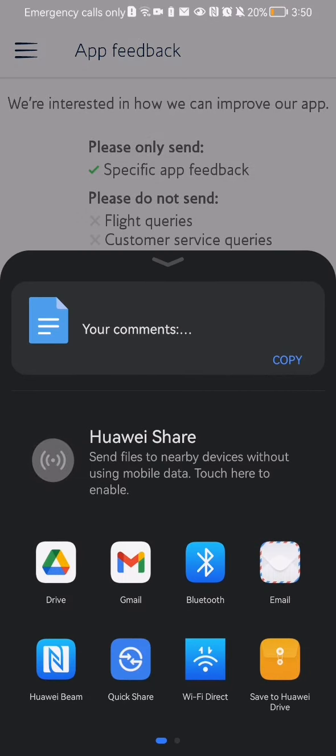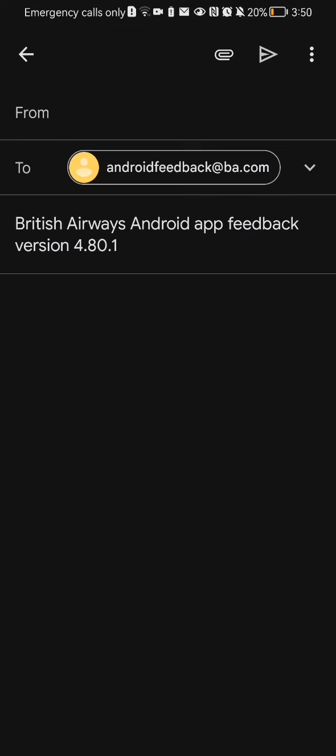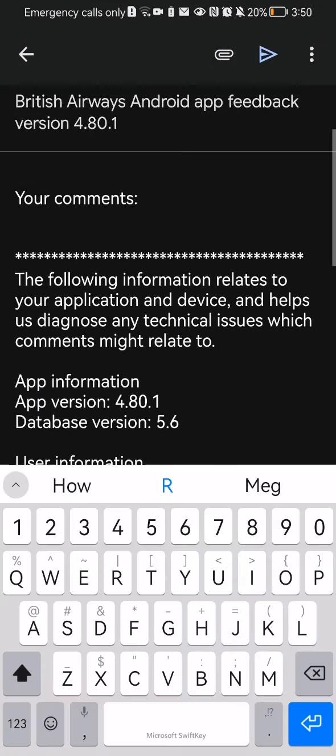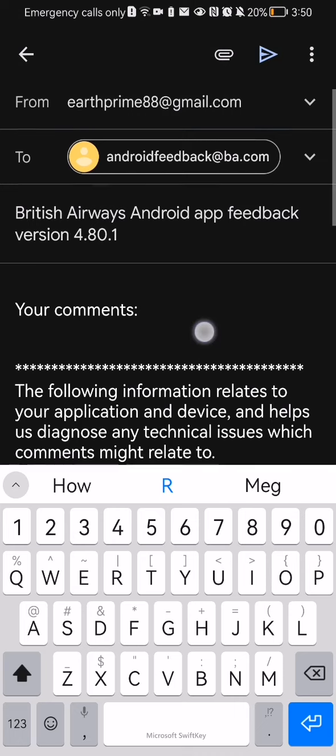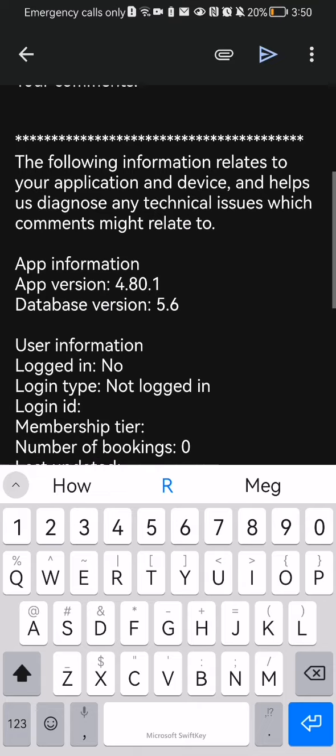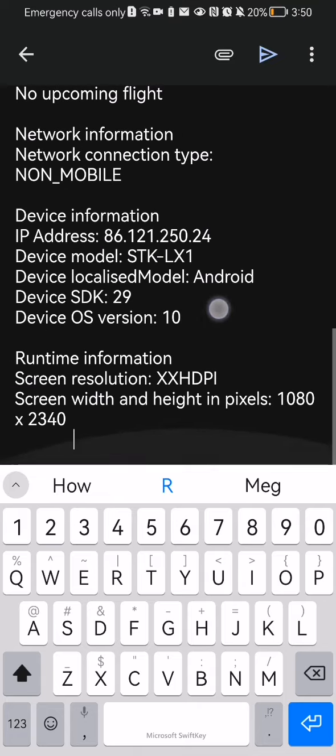And you have to open this with one of these applications. I'm just going to choose Gmail and you can see that my address is already written in, so it's the address that I'm going to send the feedback to, and you can see an automatic message here, and at the end you can just write whatever